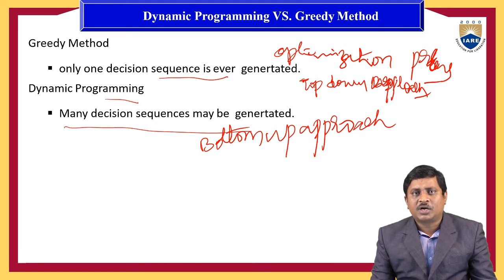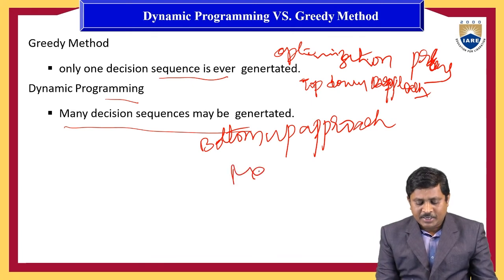We come to dynamic programming. Dynamic programming is used in situations where we have many decisions and the subproblems are not independent. In those situations, we use dynamic programming. It is also used to solve optimization problems. It follows a bottom-up approach; it solves the problem from bottom to top. In dynamic programming, we mainly solve problems like the 0-1 knapsack problem,